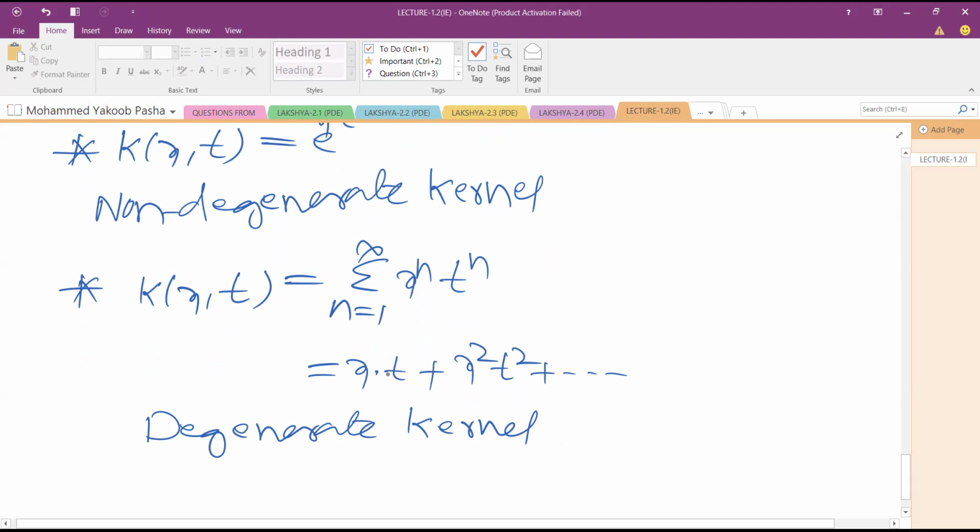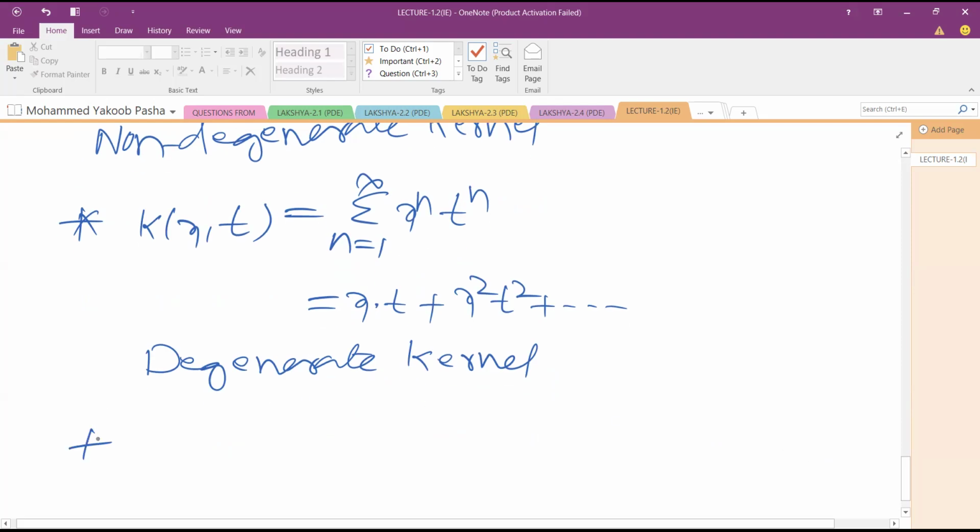Okay, product is available and the summation is also available here. So it is an example of a degenerate kernel. Don't confuse. If you take another function, k of x comma t is equal to